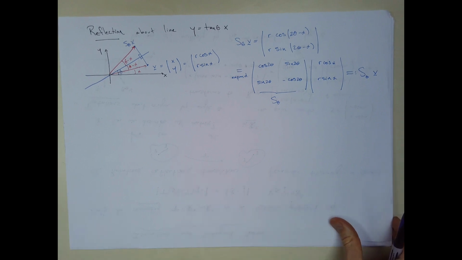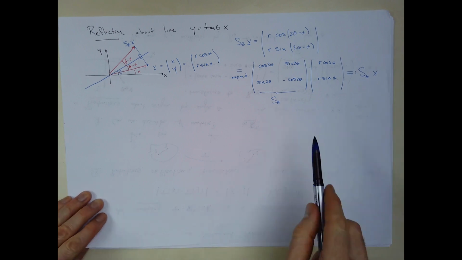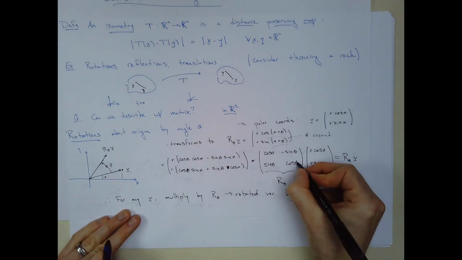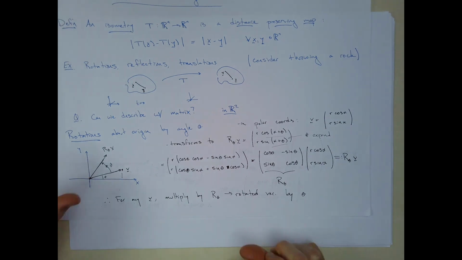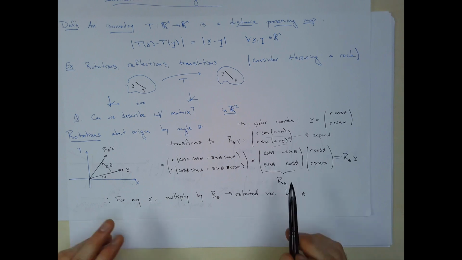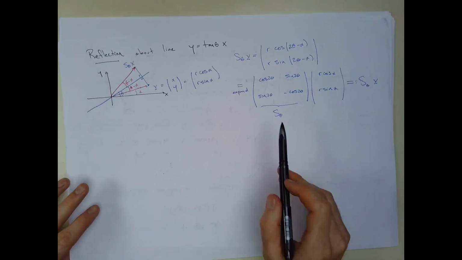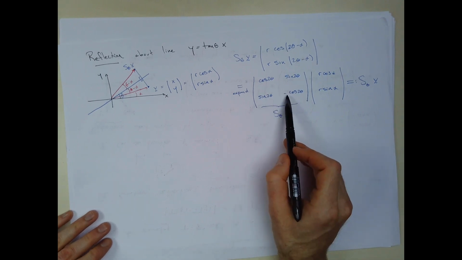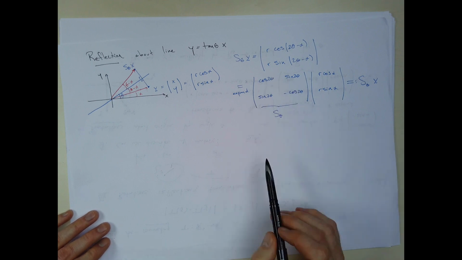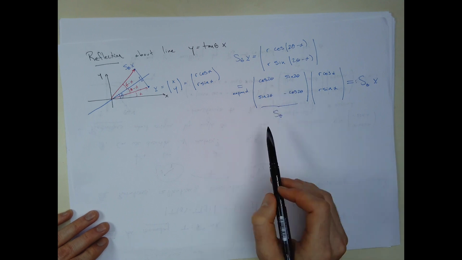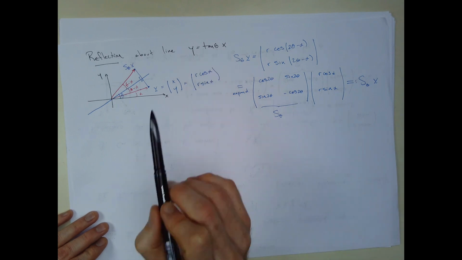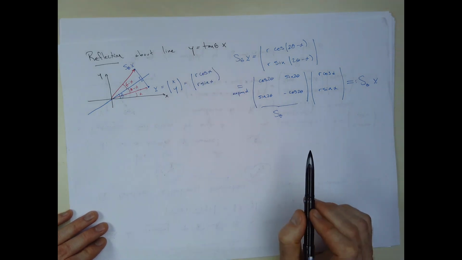It's probably worth noting this is not the same form. A reflection is not a rotation. While these look similar, this form, cosine, minus sine, sine, cosine, is not the same as this. Here I've got cosine and a minus cosine, with positive on the sines. So it's worth getting used to those differences. This is the form for reflection across the line with slope defined by angle theta.